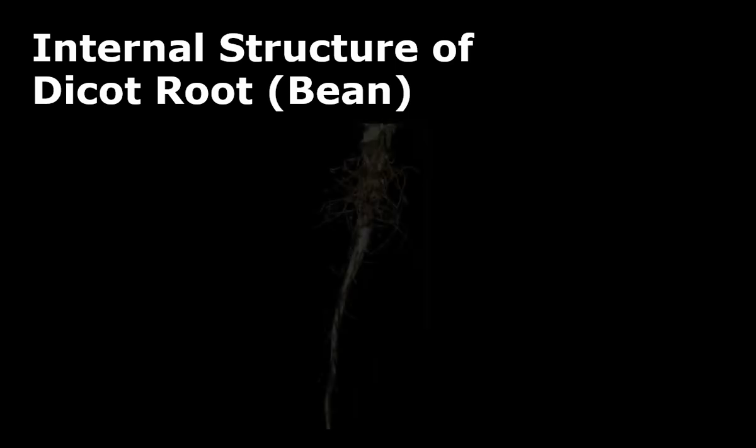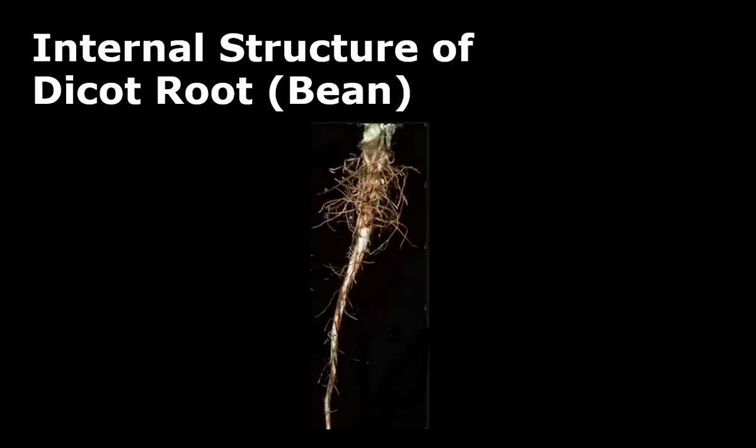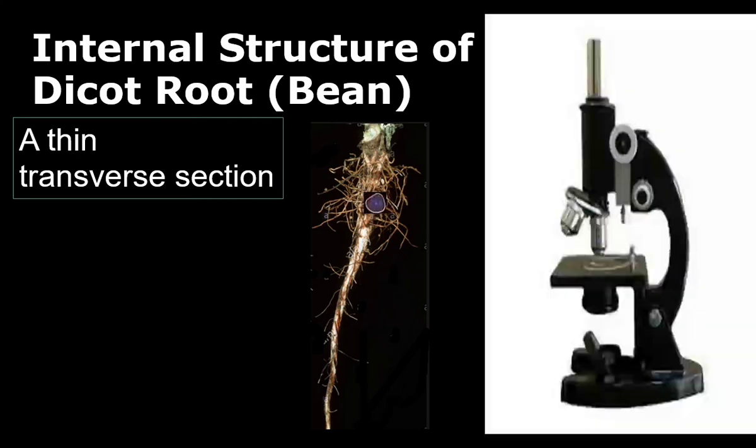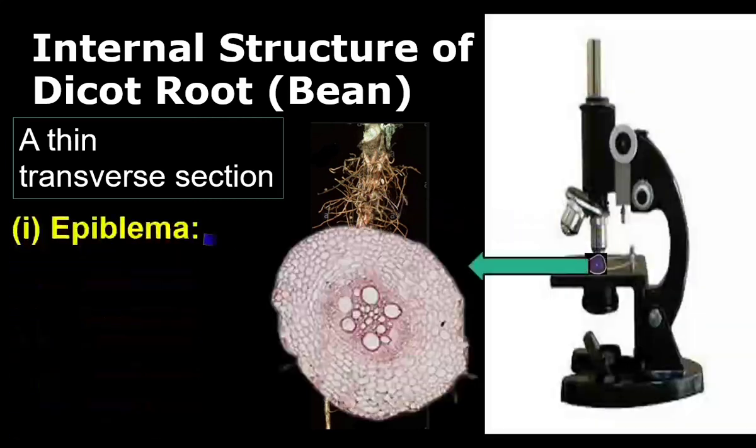If we want to study the internal structure of Dicot root, we need a Dicot root. This is a root of bean, and we have to take a small slice of the Dicot root. A thin transverse section is necessary. What is transverse section? Transverse section means cross section. A small slice is taken across the root, and when we observe the slice under the microscope, we will see